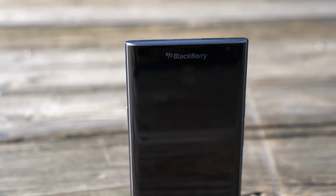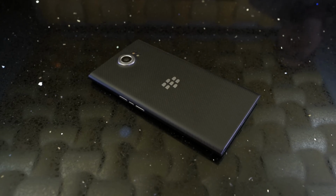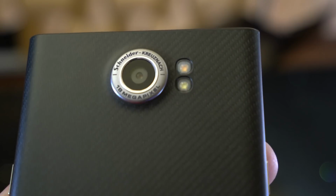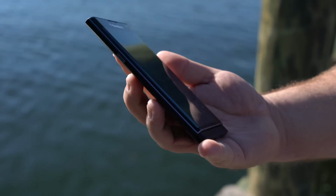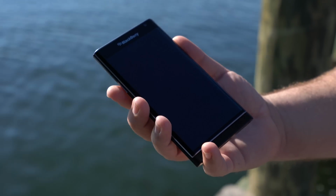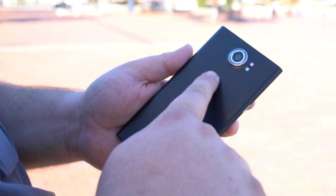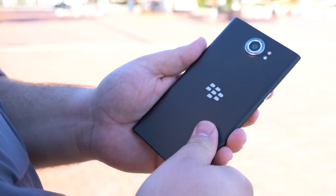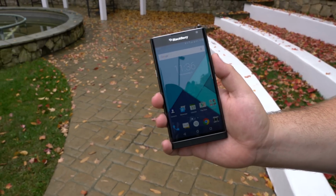While every other company has been busy begrudgingly competing in a senseless race to the bottom, where the only thing that seems to matter is how low you can get the price without sacrificing the wrong combination of features, BlackBerry has been hard at work enhancing their core experience. The Priv starts out by being everything you want in a spec sheet today. A Snapdragon 808 with 3GB of RAM under a curved 5.4-inch 2560 by 1440 display, clocking in at a stunning